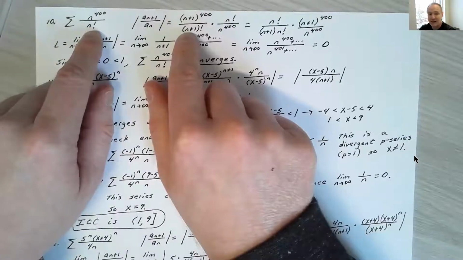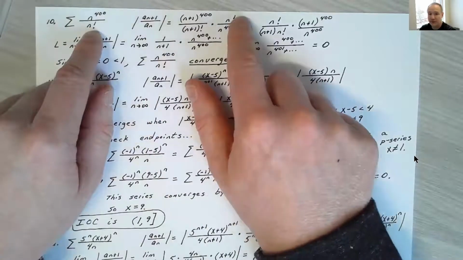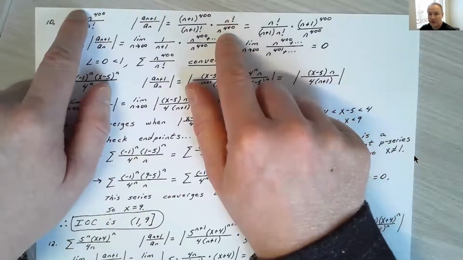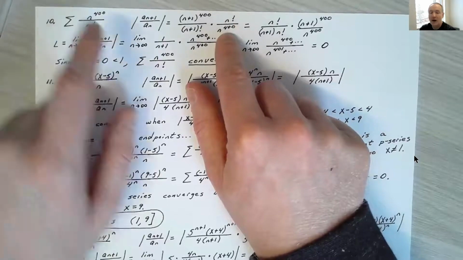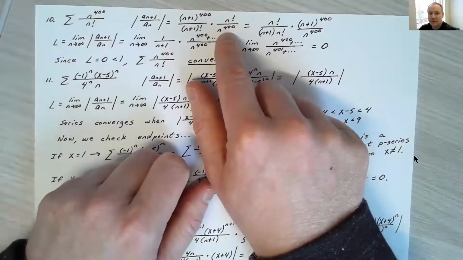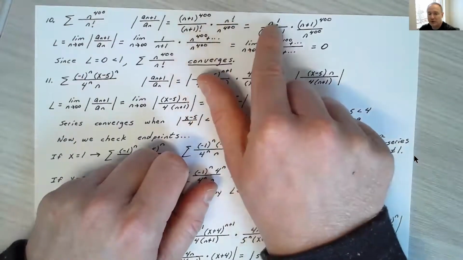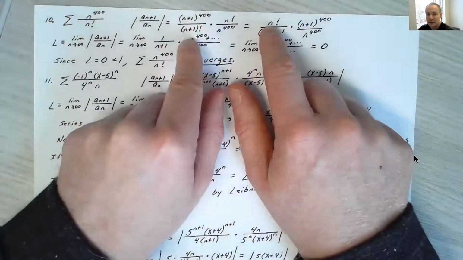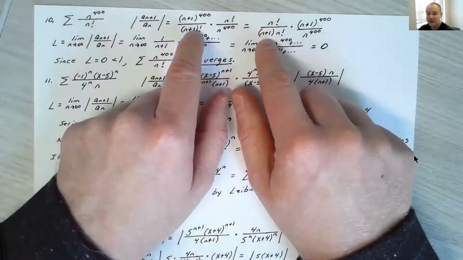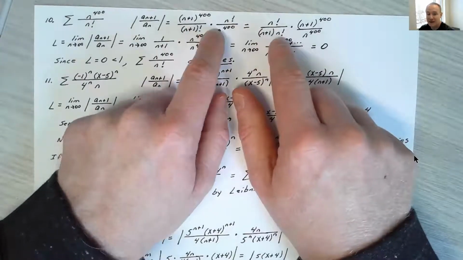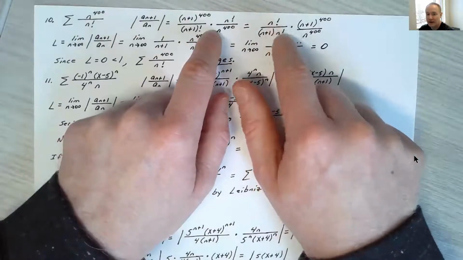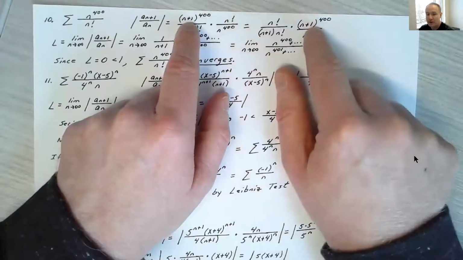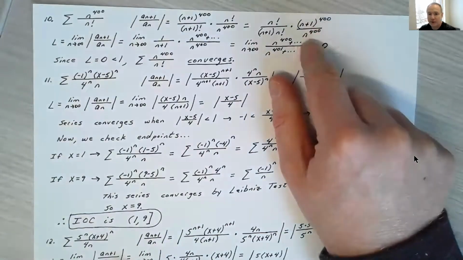Divided by a sub n, I just said, well, let's multiply by the reciprocal of a sub n. That puts an n factorial in the numerator and an n to the 400 in the denominator. Now, in simplifying these terms, I'll say, okay, let's put my 2 factorial terms in the first fraction. I have an n factorial, and my denominator, n plus 1 factorial, means n plus 1 times n factorial. That's going to allow me to cancel the n factorials in the next step. The other ones I just went ahead and put over here, the n plus 1 to the 400 over n